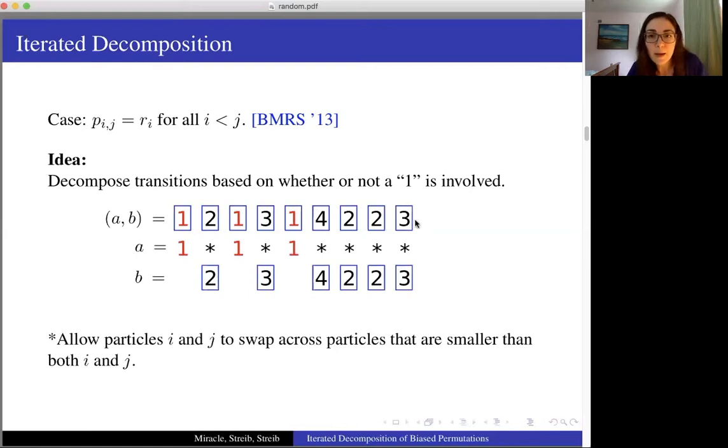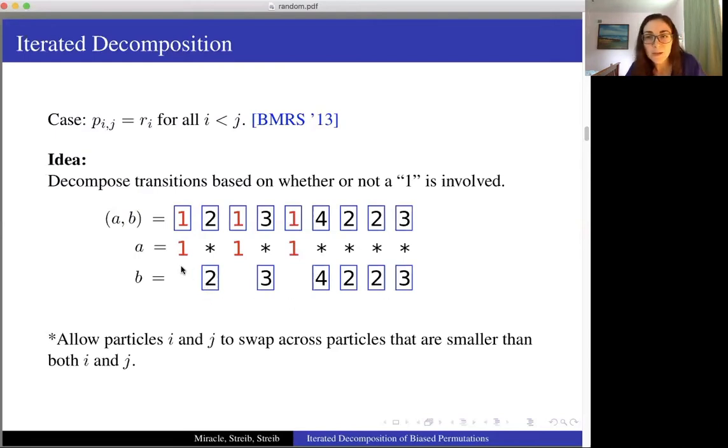Okay, so this mapping I've defined is a bijection, so that if you're given A and B, we can reconstruct the k-particle system. Now, the special thing that Bhakta et al. noticed is that in this case, the Markov chain restricted to moves on A is independent of the Markov chain restricted to the moves on B.